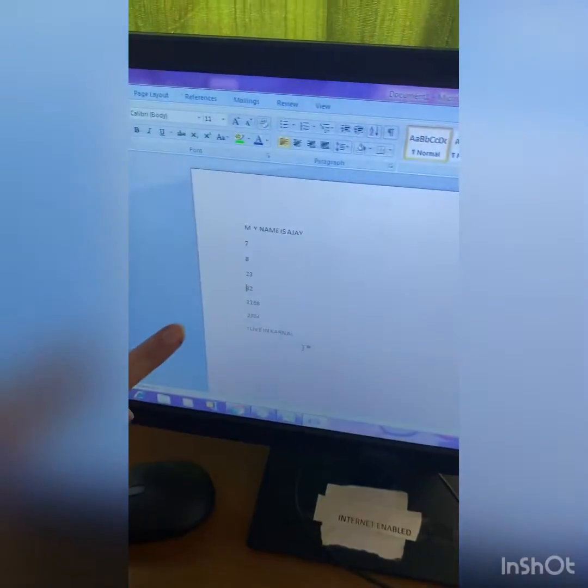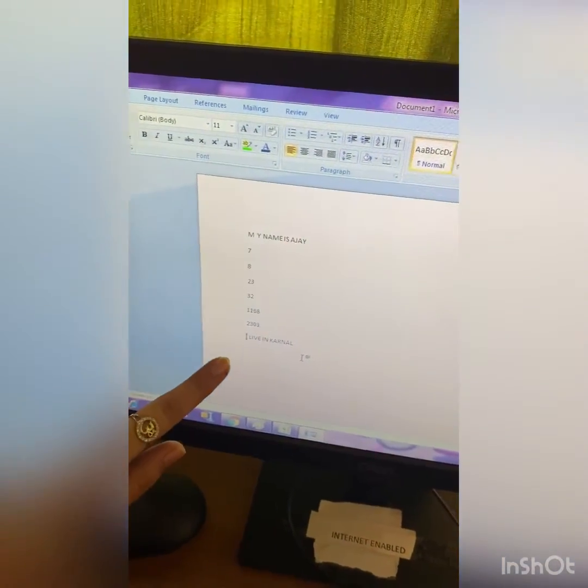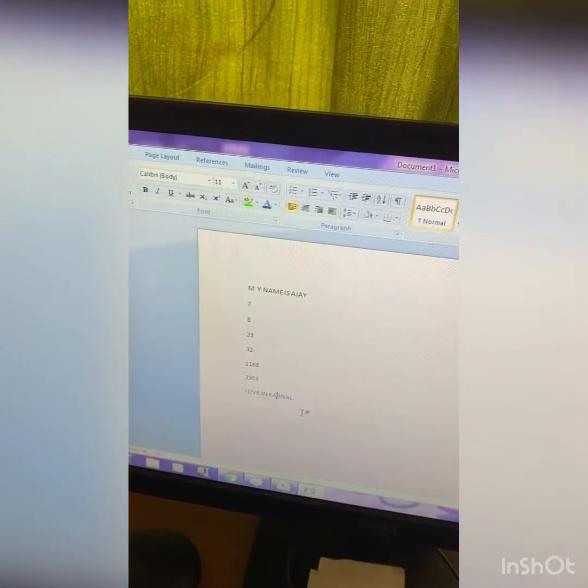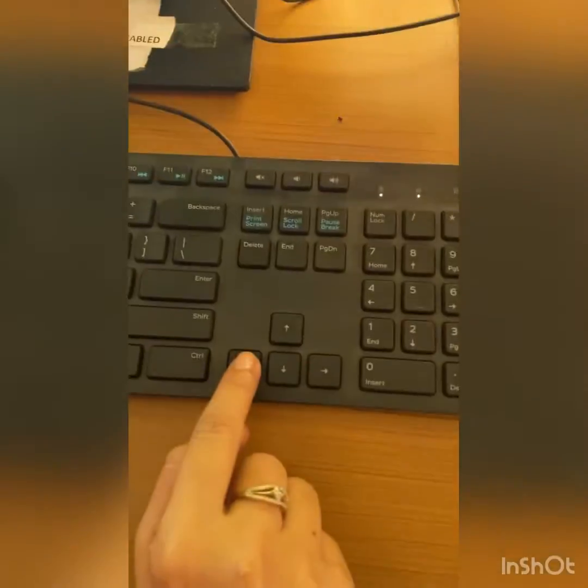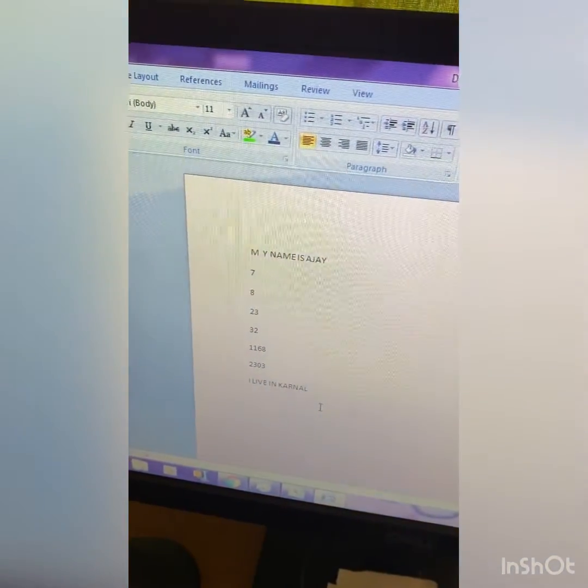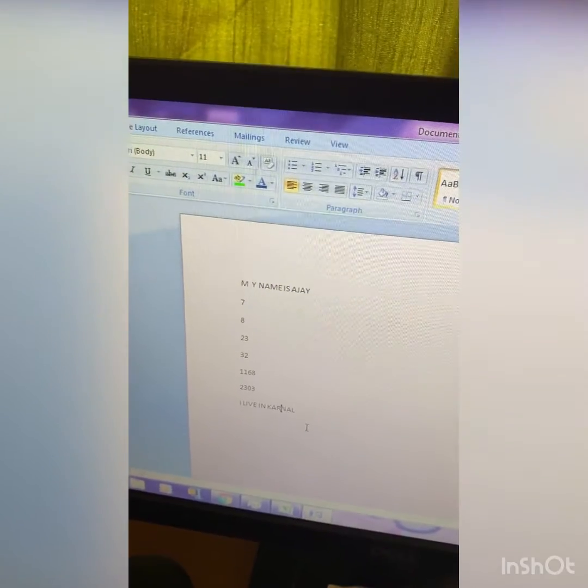Your cursor goes down. If you want to go right, just press the right arrow key. Your cursor goes to the right side. If you want to go left, press the left arrow key and your cursor goes left.